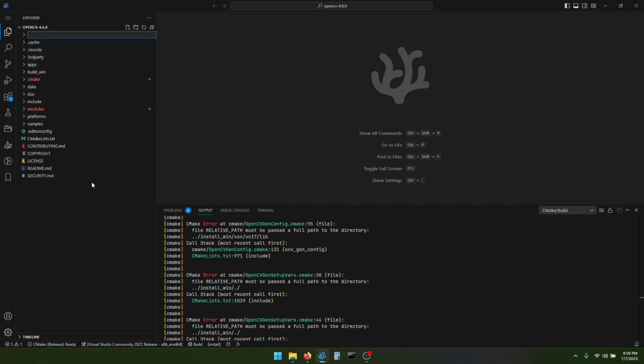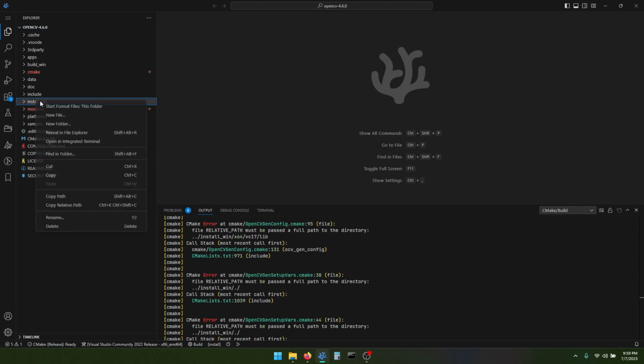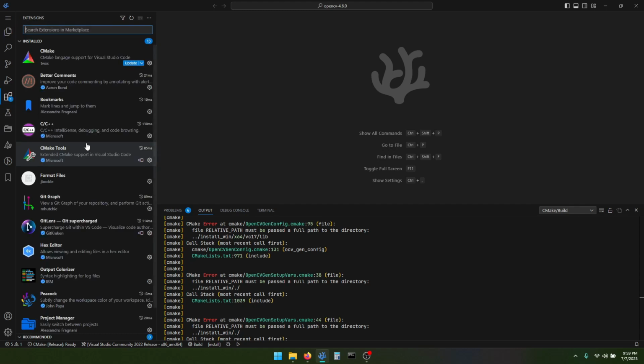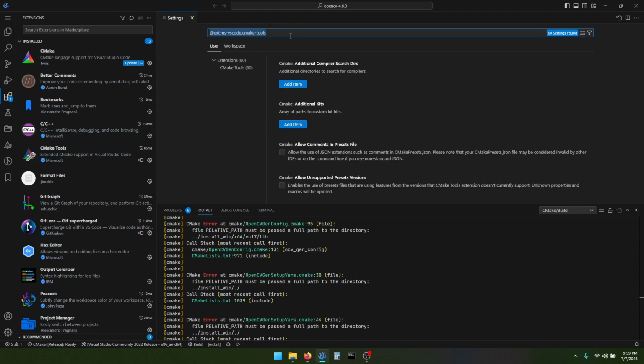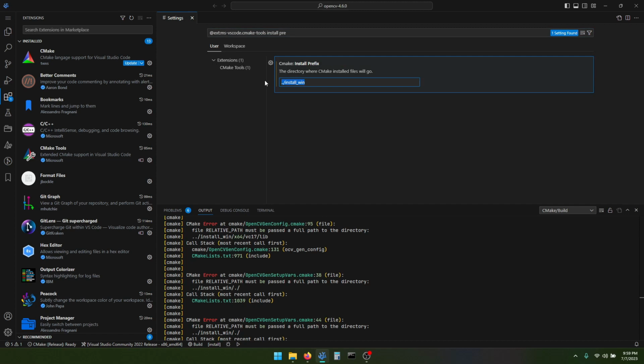So install win, copy path, and in the extension settings, install prefix, change workspace. It has to be full path,